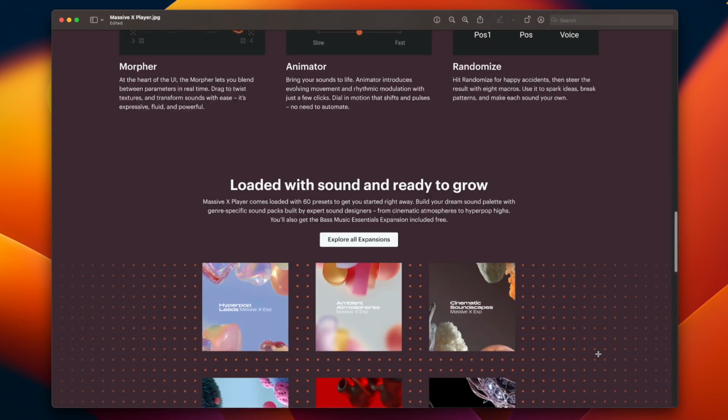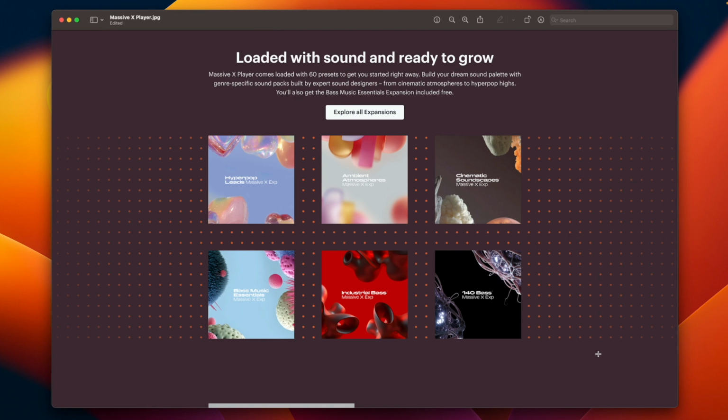And then I want to also just show you the different expansions that they're also announcing today, which is a big deal. So you actually get the bass music expansion for free included with Massive X Player and this update, but then they also have 5 additional expansions that they're also announcing today that you can purchase. And I think they're going to be $19 each, which is pretty fairly priced, I believe,